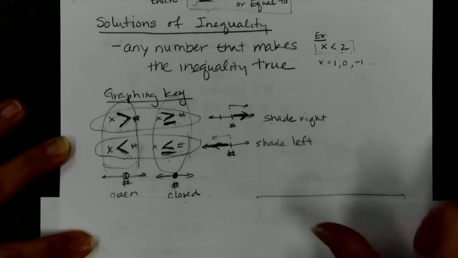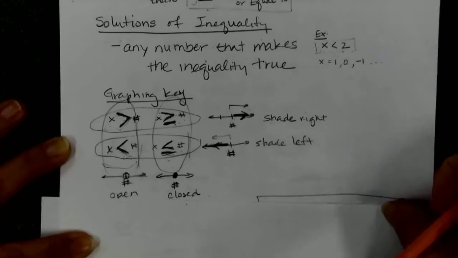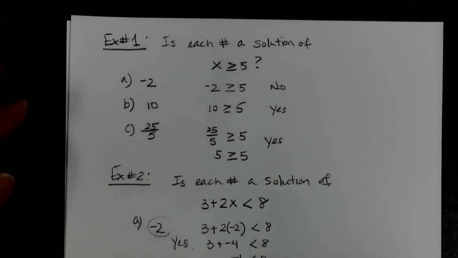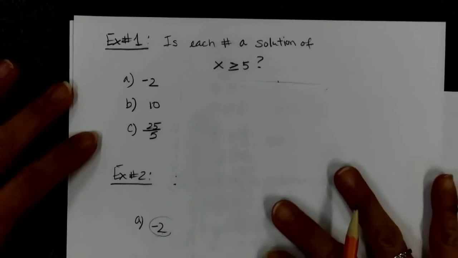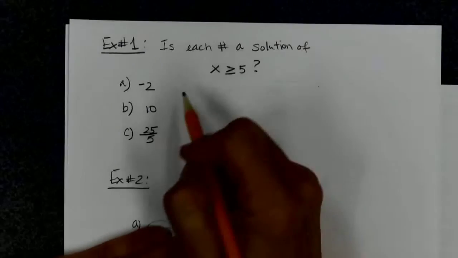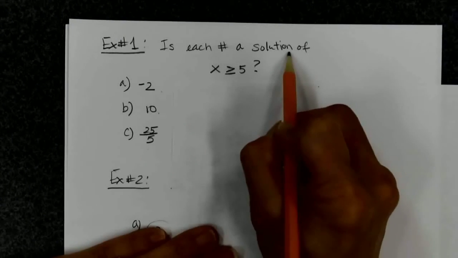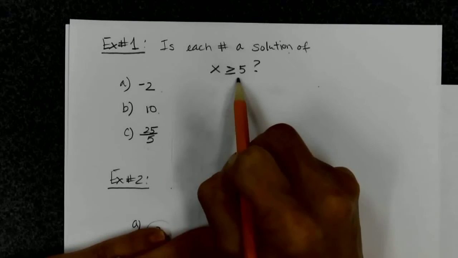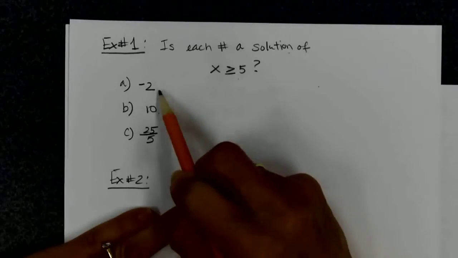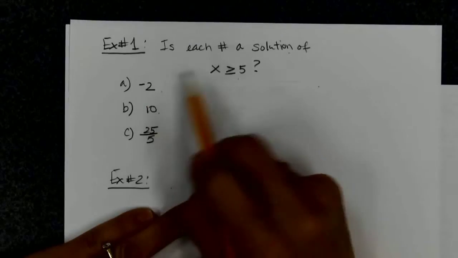So let me give you some examples. Here is example number 1. I want to know, is each of these numbers a solution to this inequality? Okay, so I want to make sure that I plug it in,